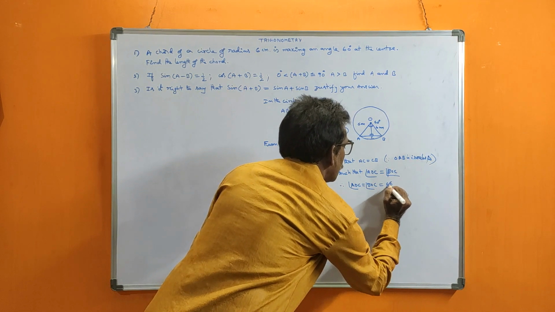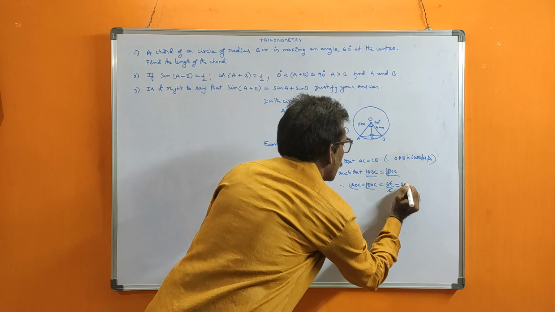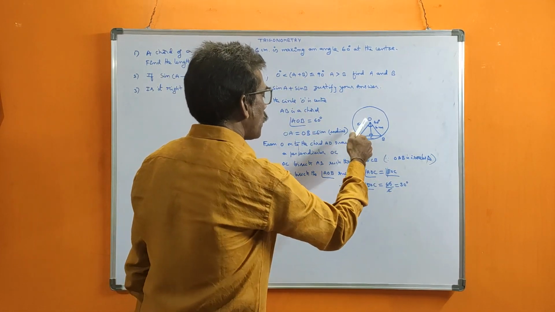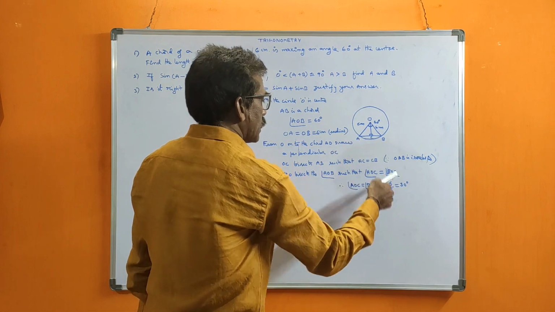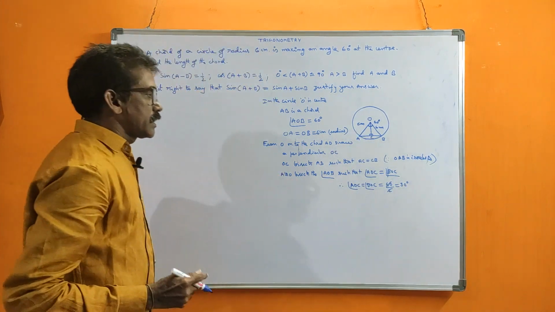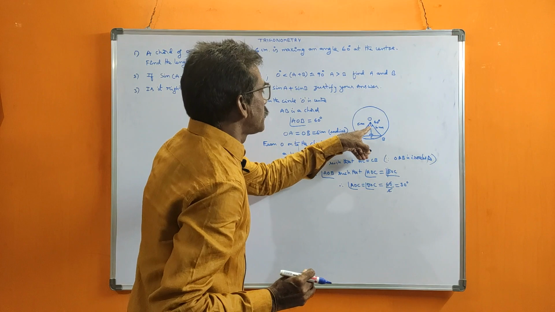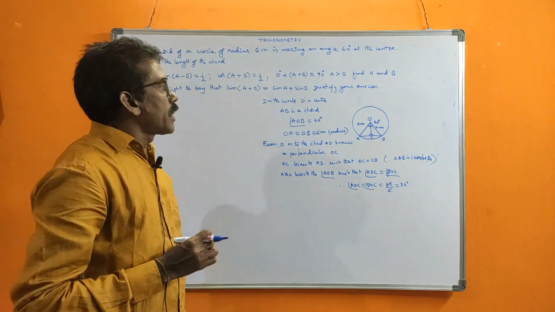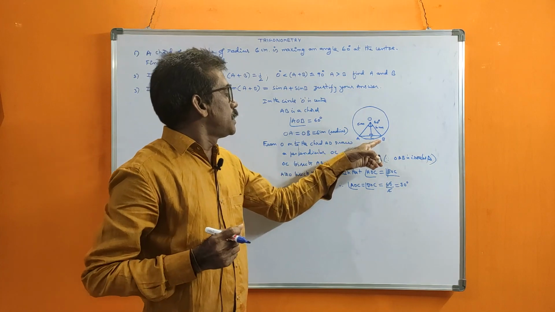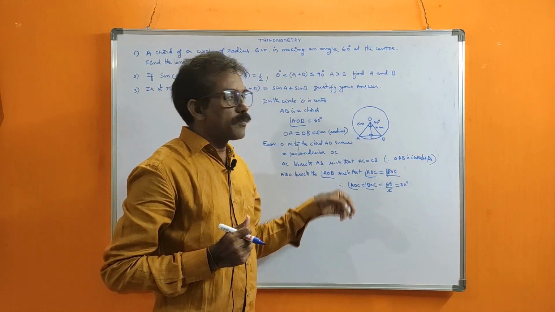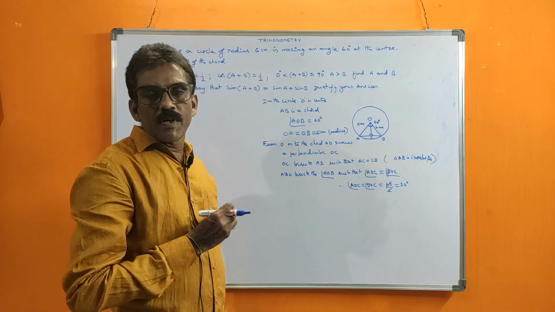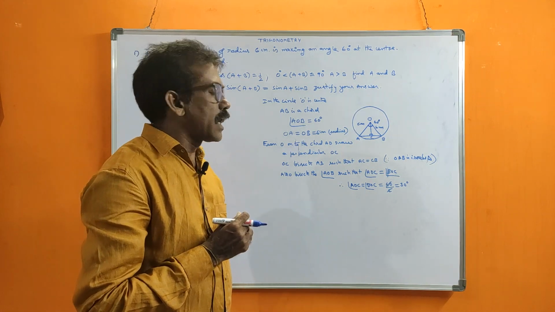That value is 60/2, because the total angle is 60 degrees, given that it bisects. That's why each is equal to 30 degrees. That means this angle is 30 degrees, and this angle is 30 degrees. Now, what is our aim? We should find AB. But if we want to apply trigonometric ratios, we should have a right angle triangle.